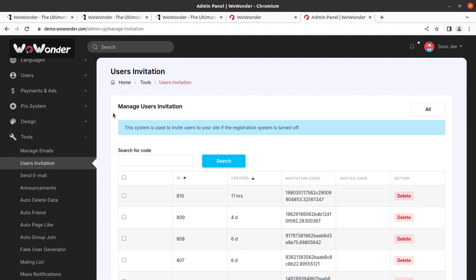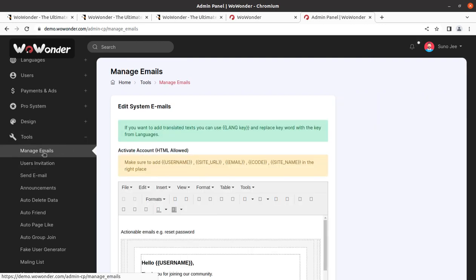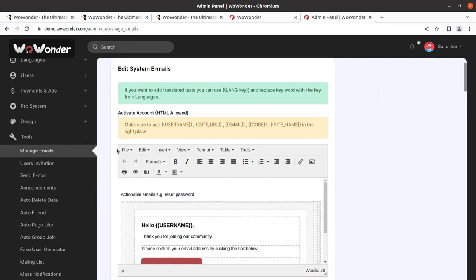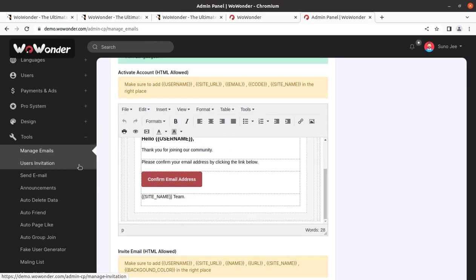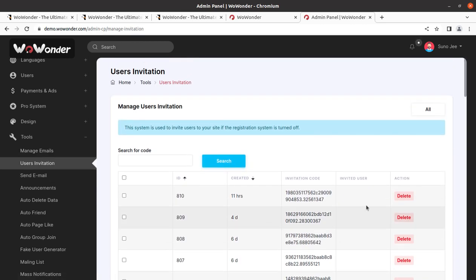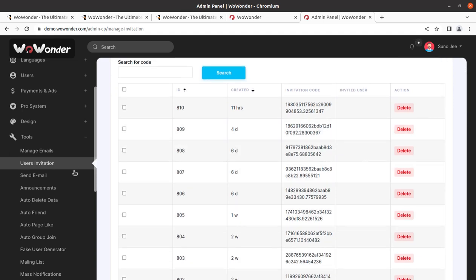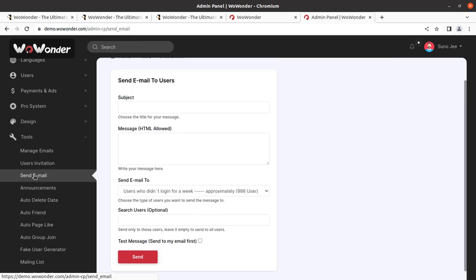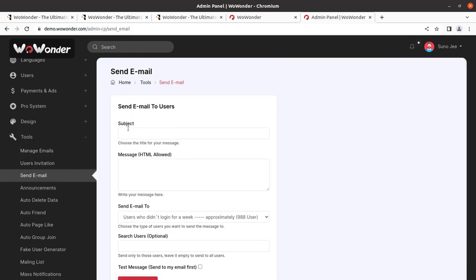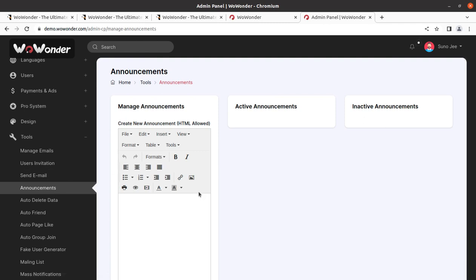Okay, so manage emails is here where we were stuck, so you can control the emails and email templates. Similarly, user invitations, you can search user invitations and even delete them. Send email option is here, so you can send an email from the system to any users. Announcements can be created here,